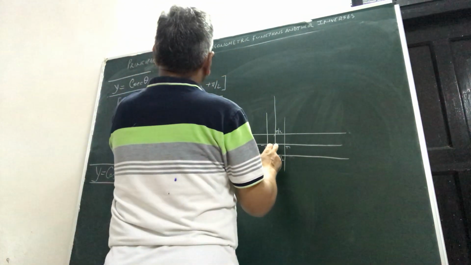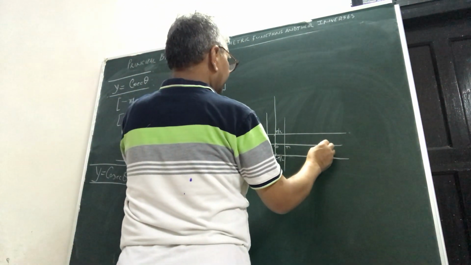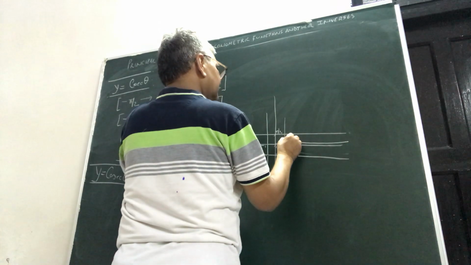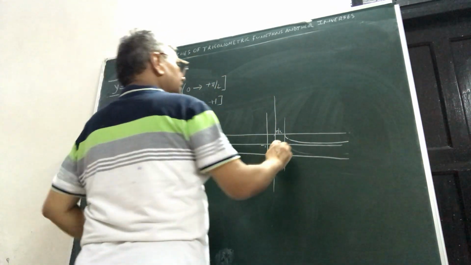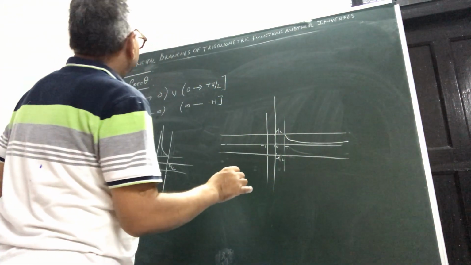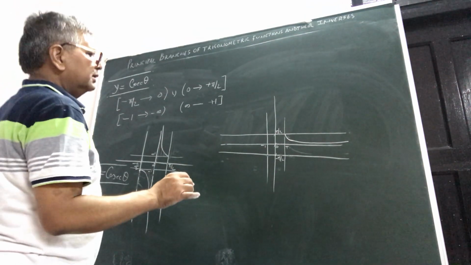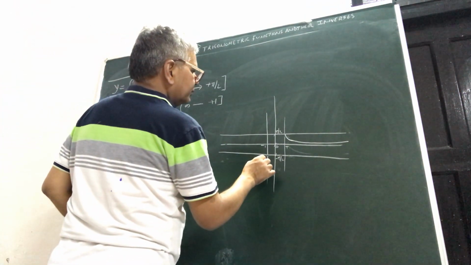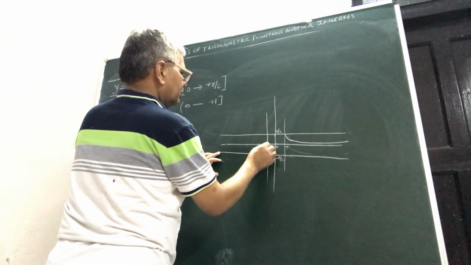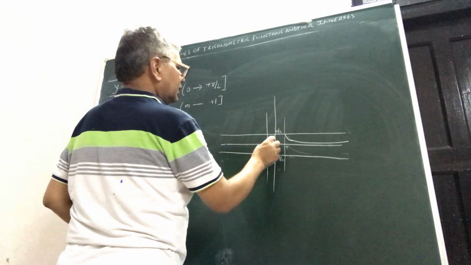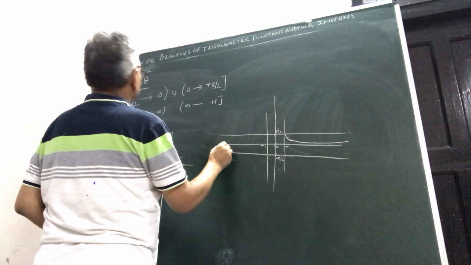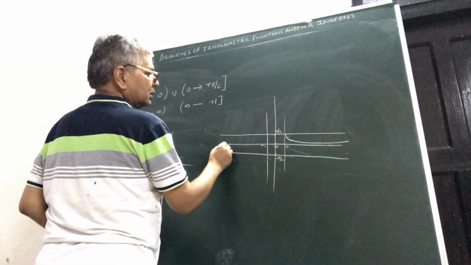Okay, so 0 to pi by 2, I am drawing it, infinity to 1. So here it is infinity. So now what way? Yes, it will be like this. This branch will come like this. It will be like this, and here it is minus 1. It is pi by 2. So minus 1, it is pi by 2. So it will go what way? This is like this, and this will come to minus 1, minus pi by 2. Okay.